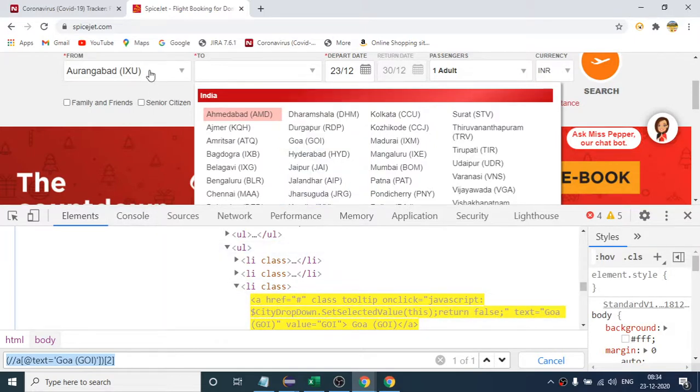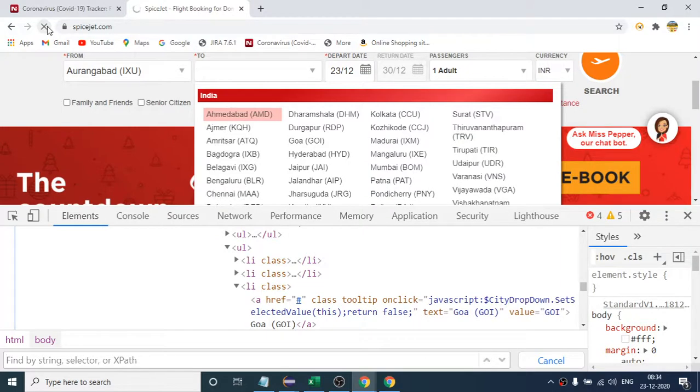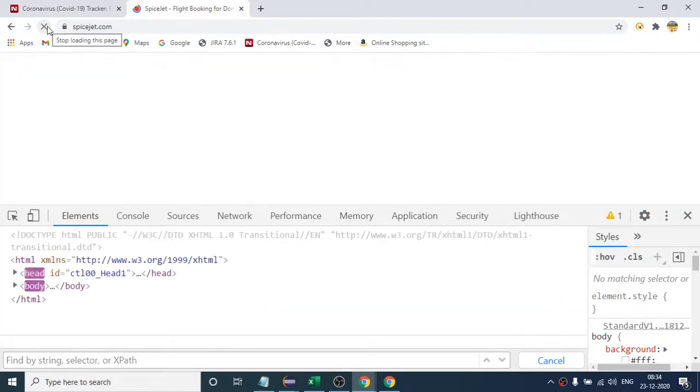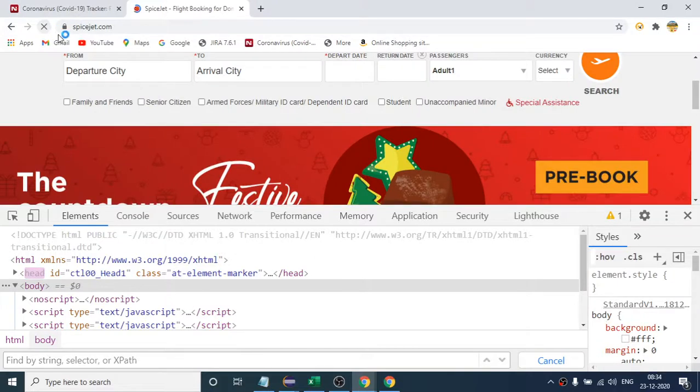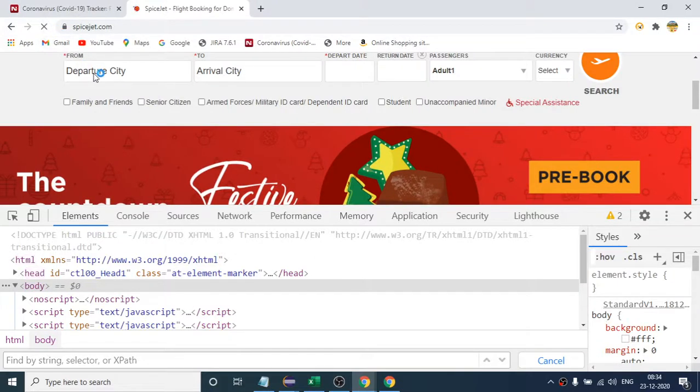I am saying that if I refresh it again, just see here. Before anything, first I have to click on this. This is our first step, then only our data will load.